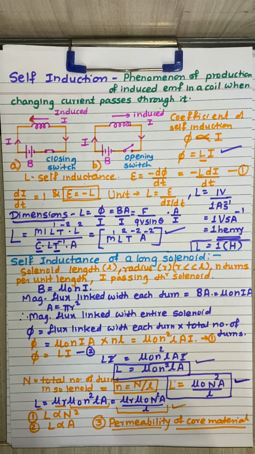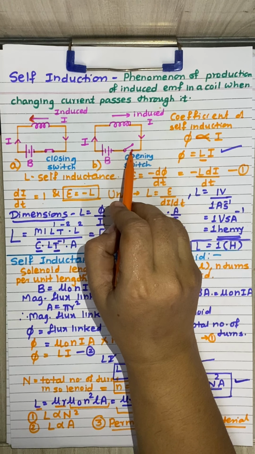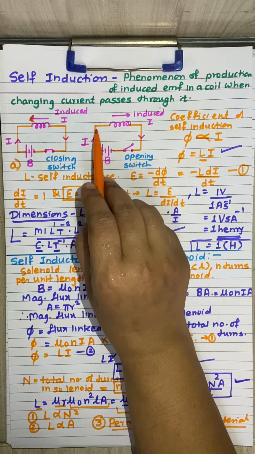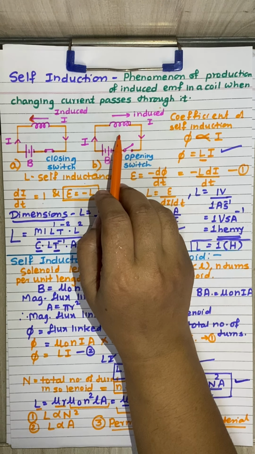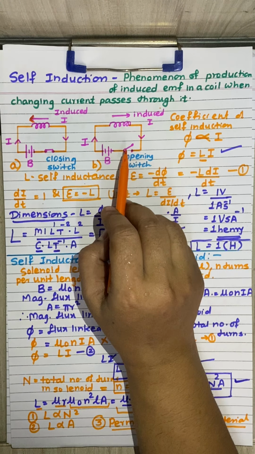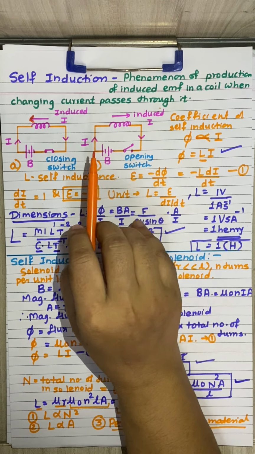When the break of the circuit is sudden, that is, the circuit is suddenly switched off, a large self induced EMF is set up in the circuit in the same direction as the original EMF, because we have studied this. Suddenly the circuit is switched off, then a large induced EMF in the same direction as the applied voltage is produced. This causes a big spark across the switch. So across the switch the spark can be noticed. This is also one of the cases where we can study self induction.